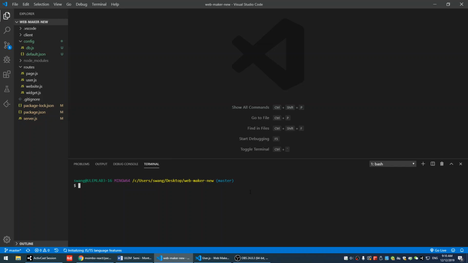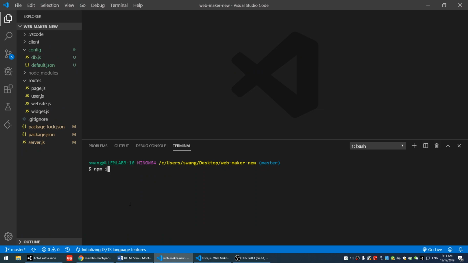Actually, there is a library that allows us to give the two commands together. So I don't have to run the two commands separately, I can run them together. The library is called concurrently. So we're going to go ahead and install it. Just type npm install, and we're going to call it